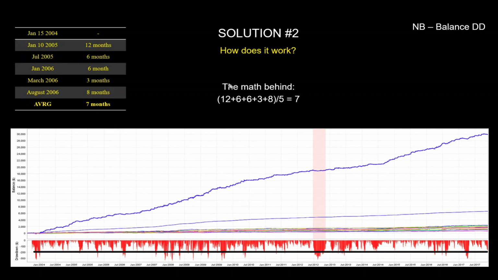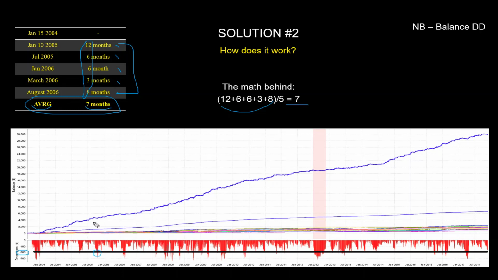Then how I'm calculating the average is I'm taking all these numbers right here, we add them together, and we divide them by the total number of inputs that you have. In our case, 1, 2, 3, 4, 5. So this plus this plus this plus this divided by 5 equals 7. So on average, we get 7 months, which means on average, using this given strategy or route or whatever it is, I'm going to see my average drawdown, which is $200 approximately, being reached.